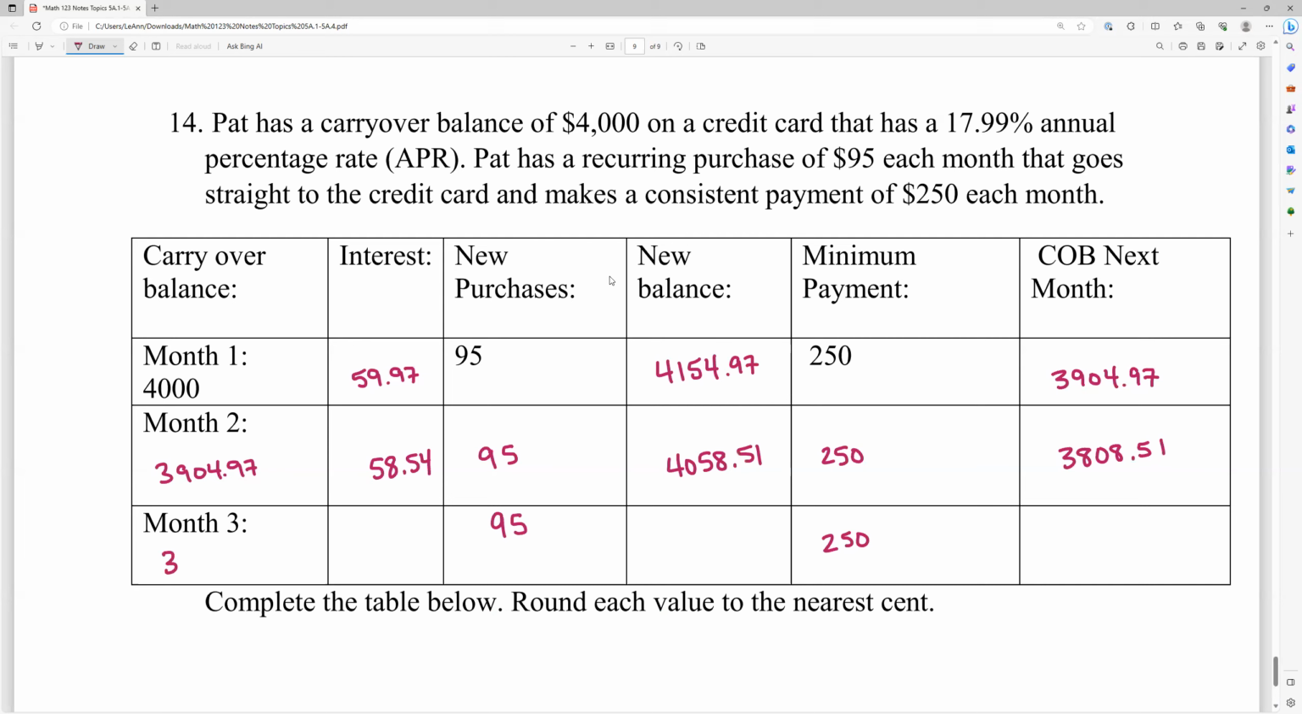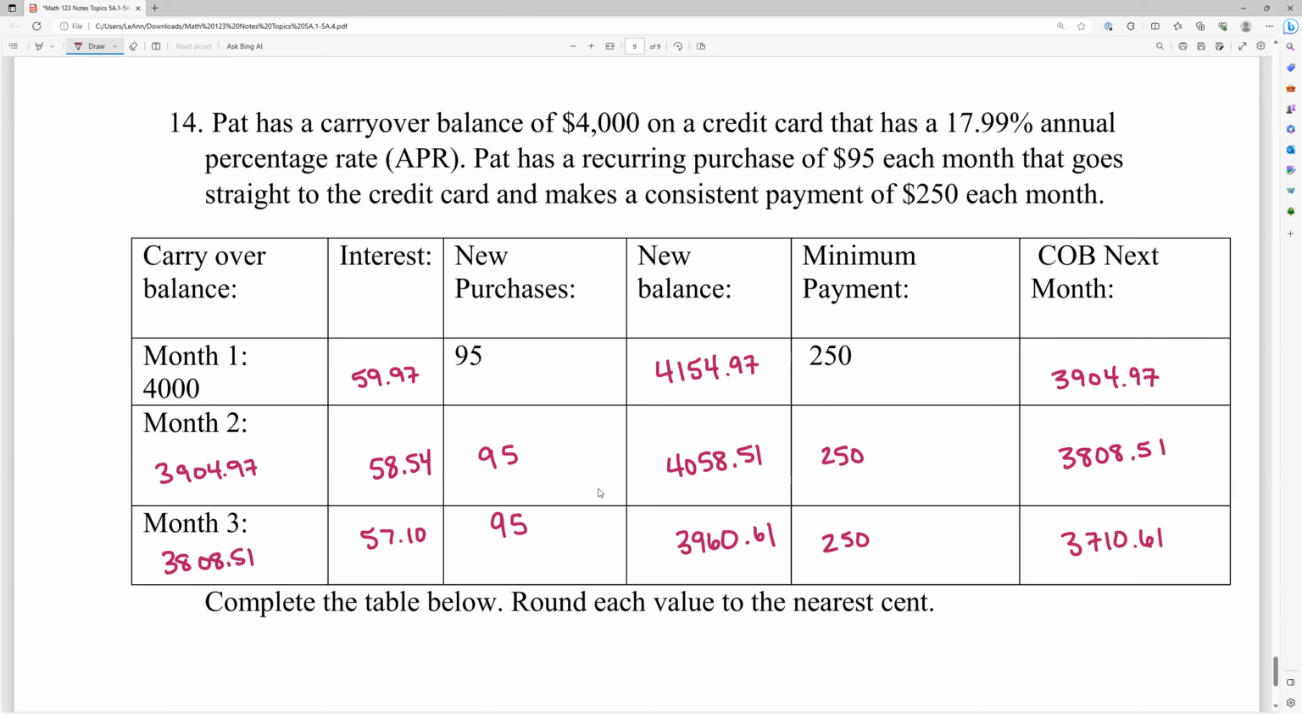Okay. So for the last month, 3,808.51 is the carryover. We're going to times that by the interest rate divided by 12 to get our finance charge, which looks like it's going to be 57.10, because the 5 will bump the 9 up. 57.10. So 3,808.51 plus 57.10 plus 95. That new balance is $3,960.61. They're going to make the fixed $250 payment that they've decided on. That puts us at